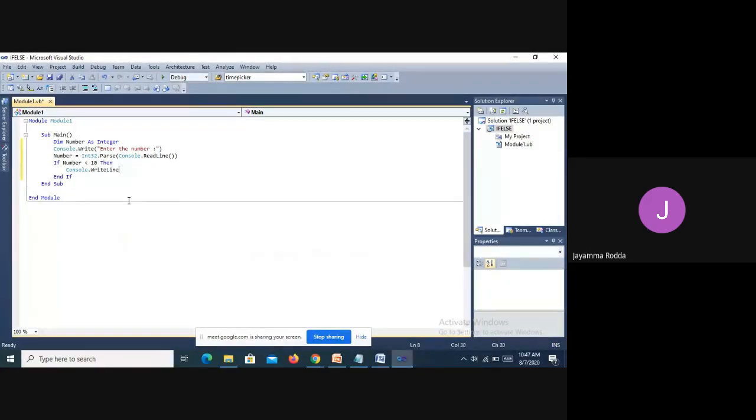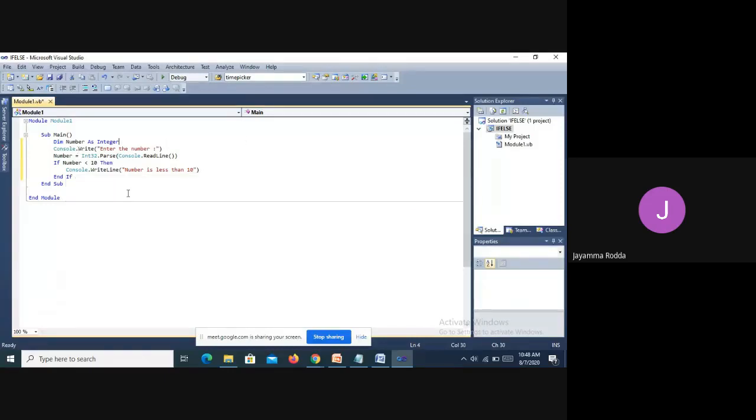Before, we used the Write statement, now I am using WriteLine. Number is less than 10. Thank God, power came.